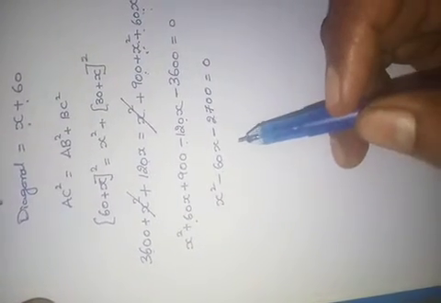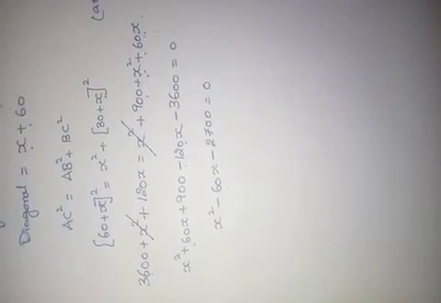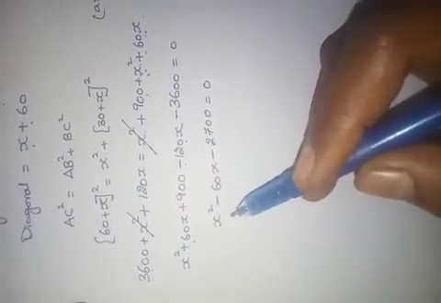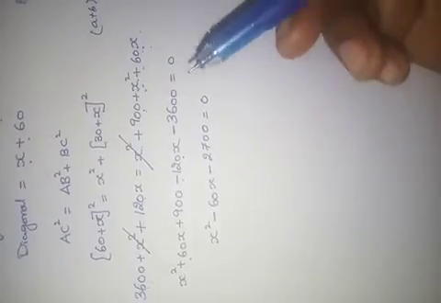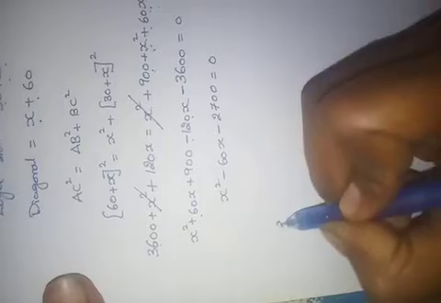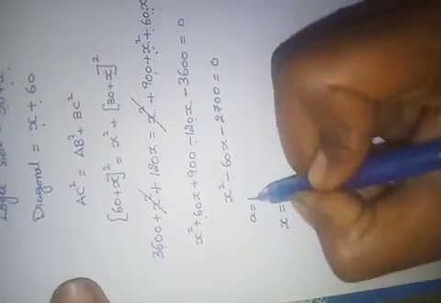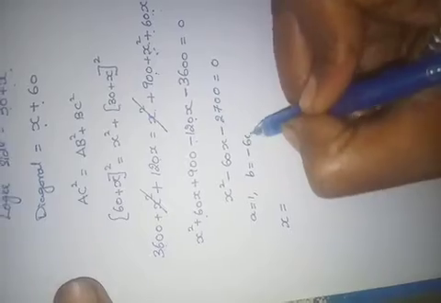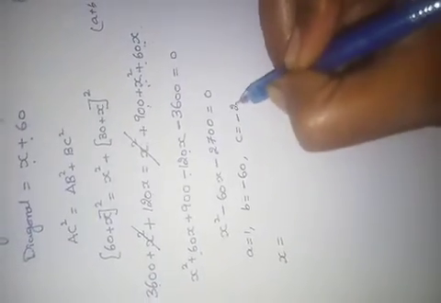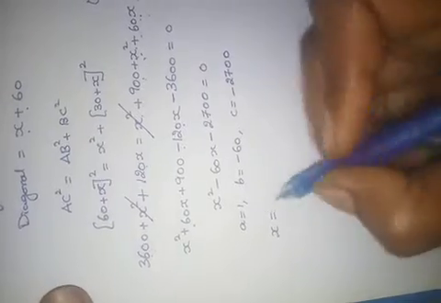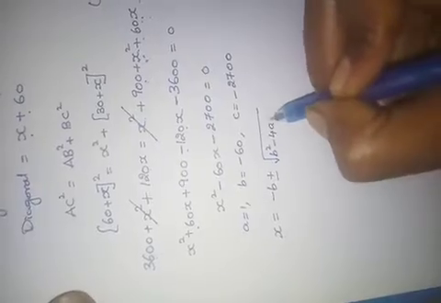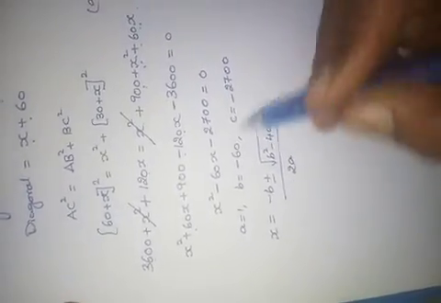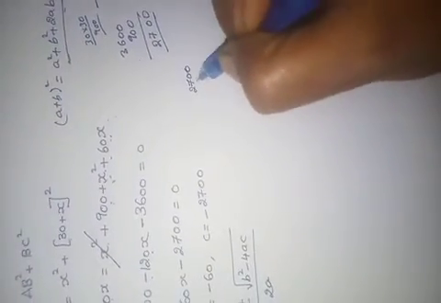So shall I take the factorization method? Then it will be easy. If I want to do minus b plus or minus root of b square minus 4ac by 2a, b square means 60 square, bigger value, no? So okay, let us try. In the same method, a equals to 1, b equals to minus 60, c equals to minus 2700. Not only this method, if you want, you can do by factorization method. I think by factorization method I can get easily.